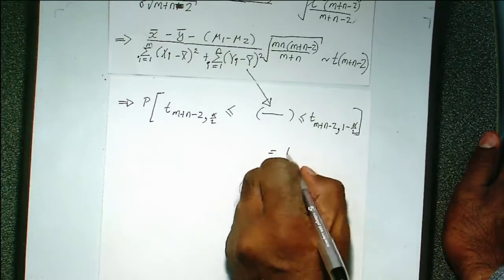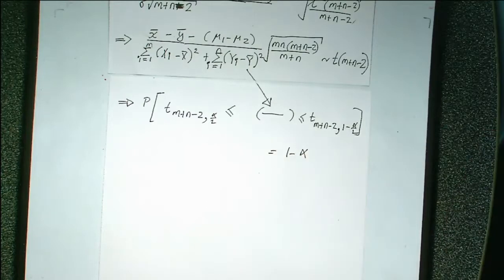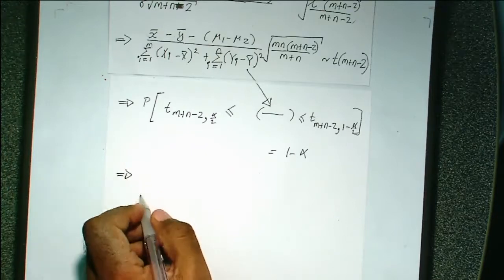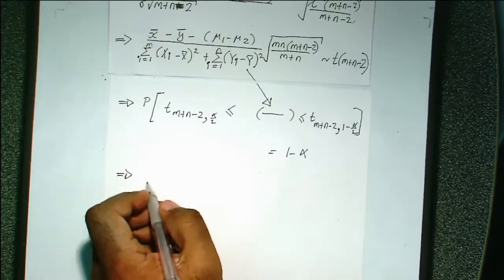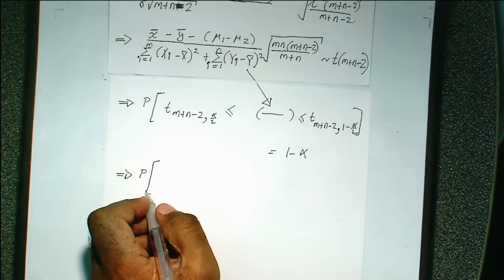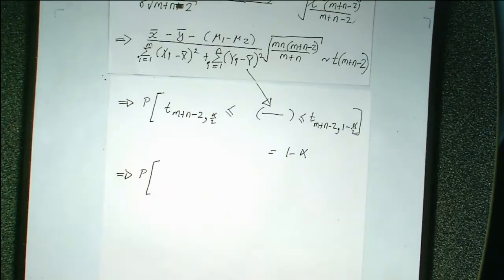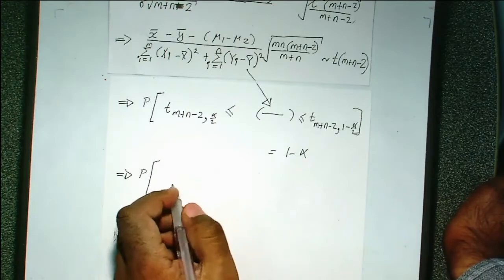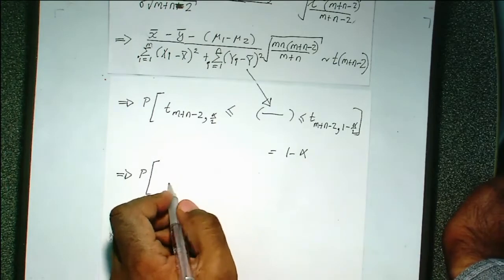Is equal to 1 minus alpha, right? Okay, you with me? So this implies that the probability that